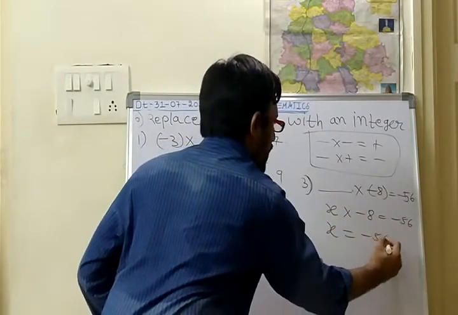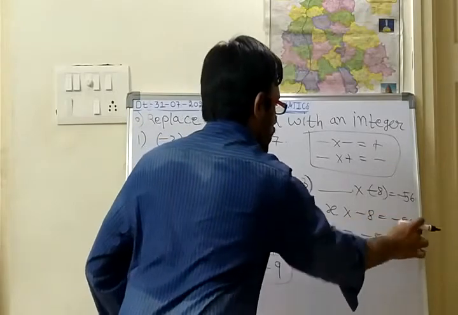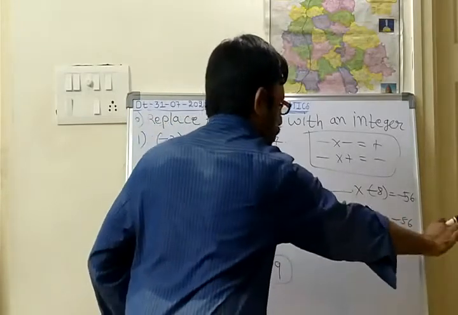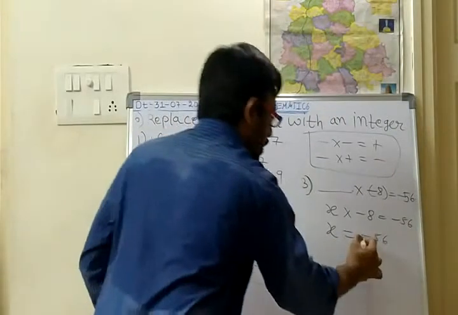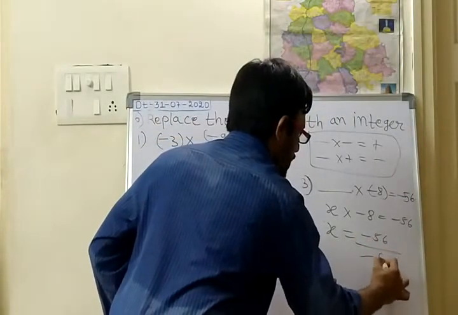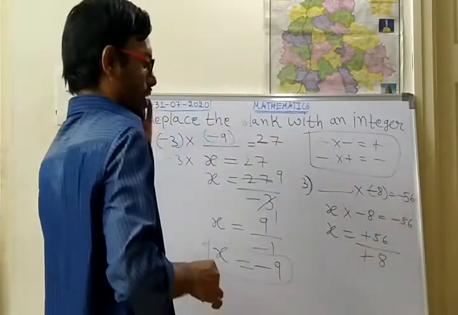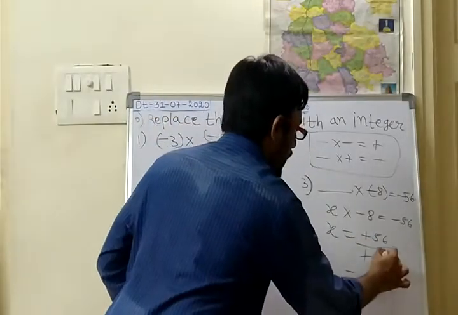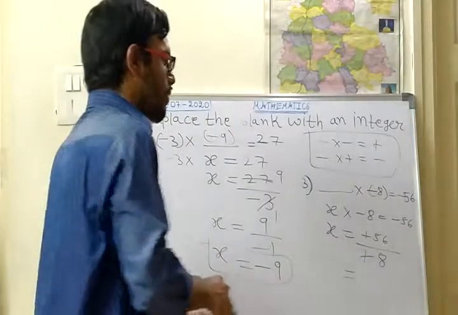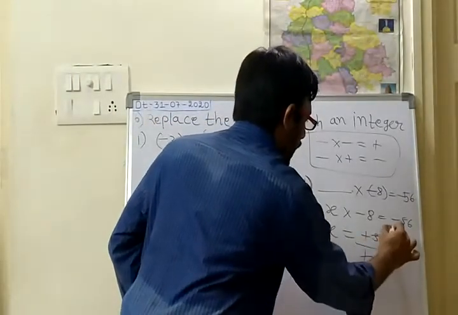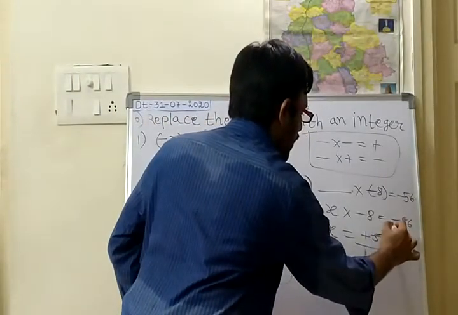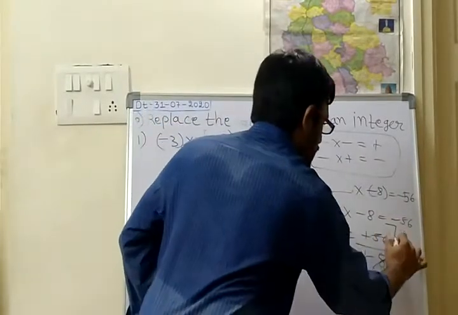So this 8 will go down. Multiplication, if you send it to that side, it will divide. So by minus 8. Okay. So minus and minus will get cancelled. Now in the 8 table, when 56 will come: 8 ones are 8, 8 7s are 56. So 8 7s are 56.